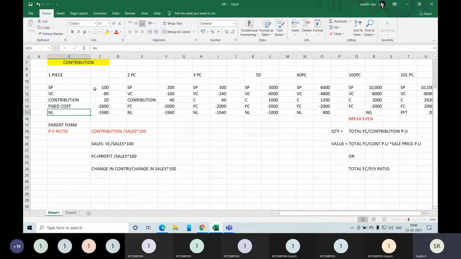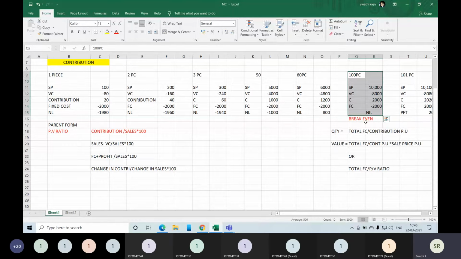Then, management is basically wanting to find out how they can earn profit, right? So you're producing one piece, two pieces, three pieces, 50, 60. At last, once they produced 100 pieces, they got to know that though they are not getting any profit, they are not getting any losses either. So after producing 100 pieces, they came to a point where they broke even, or it is called the break even point. In economics, it's a situation with no profit, no loss.